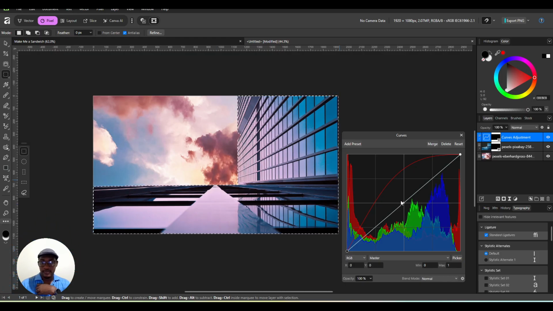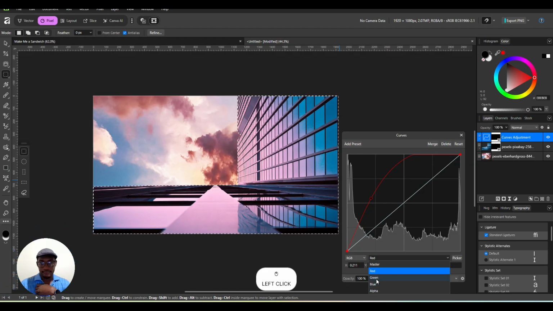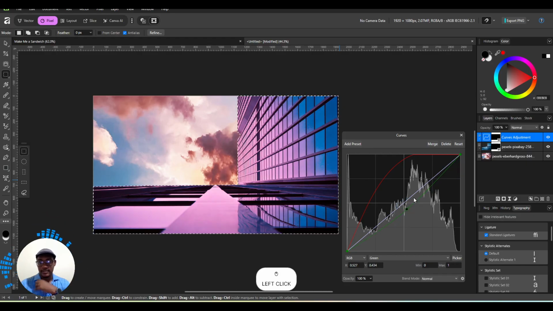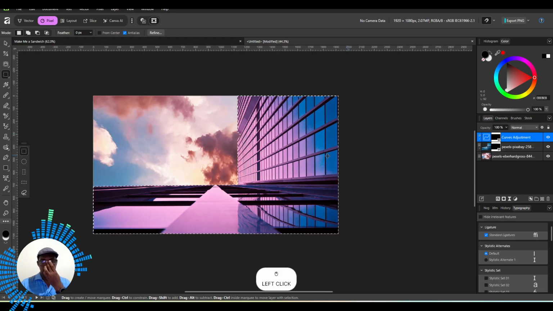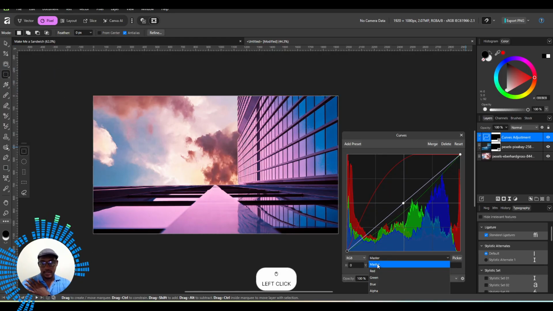Maybe you like it to have more red in there, so we just go from master to red. You can tweak it how we need it to tweak it, things like that. Maybe you like a bit more green in there to enhance the yellowness, or you can even reduce it even more to feel more vivid. You can do that. Cool. And then if you want to do the reflection, my suggestion would be you literally have to reuse the sky layer, superimpose it on the background here, and have it work. But this is just one simple way of doing something quick,